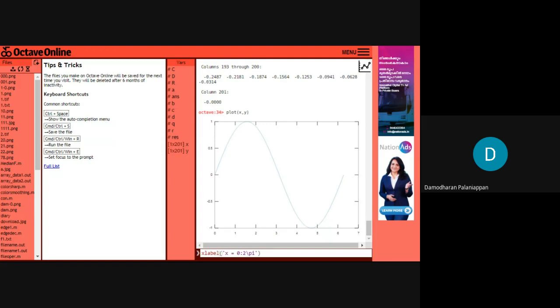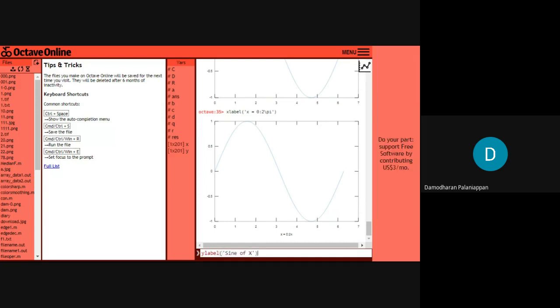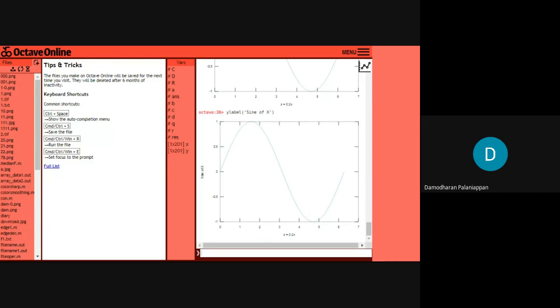It is for the x-axis. Next, for the y-axis, ylabel within single quotes, sine of x. Close it, then enter key. Then the y label is also displayed here.